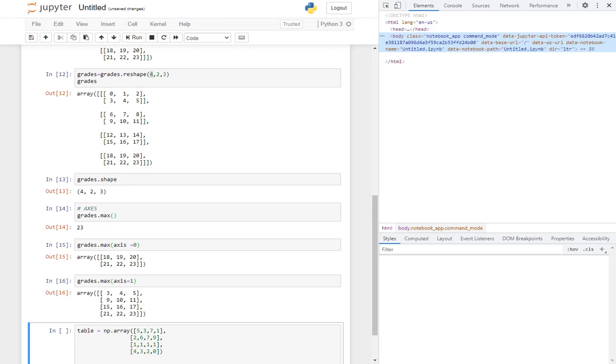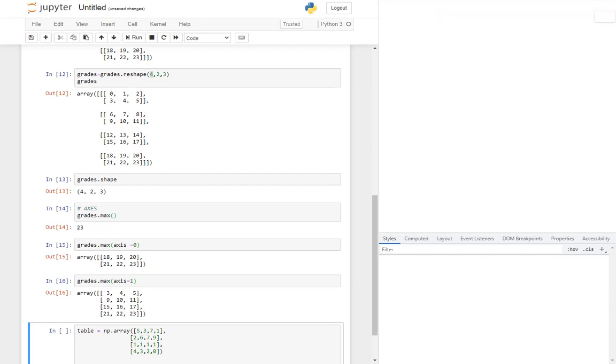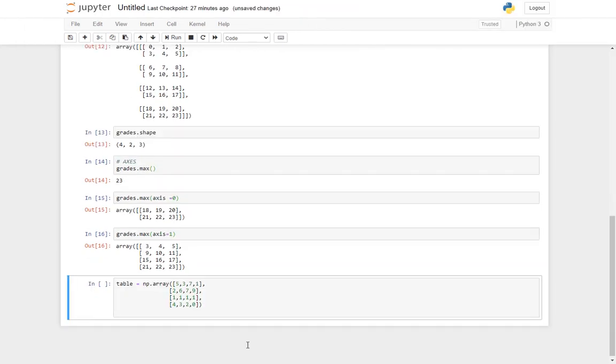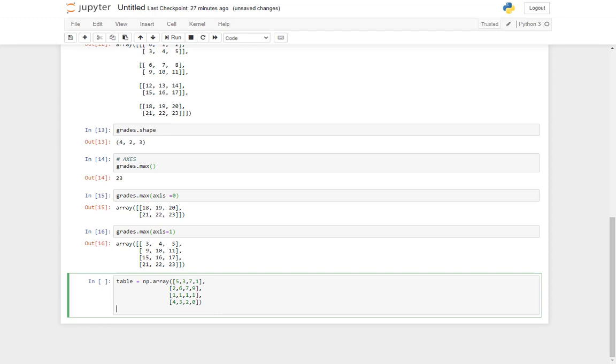Now this was in sequential order. Let us try with an array which has got random values. Okay, so I have typed a random array and named it as table. Now all the same instructions, the same functions, we will call again with the random array and check the output, because here the numbers were in sequence, so the idea isn't much clear. What will happen if it is a random array?